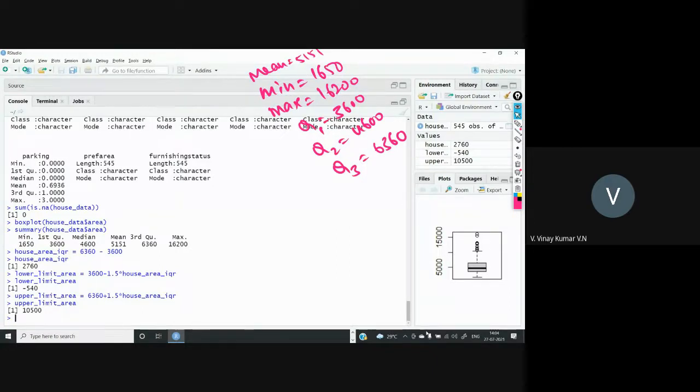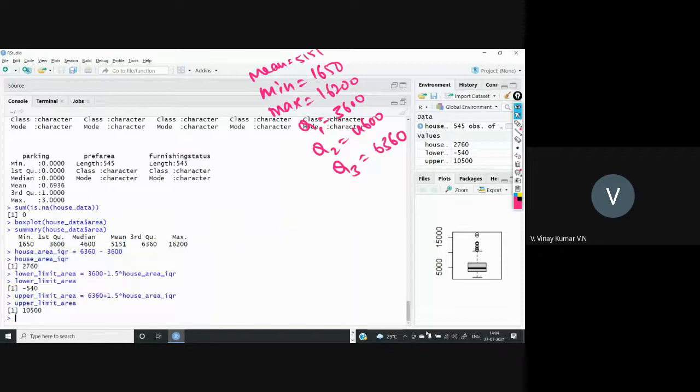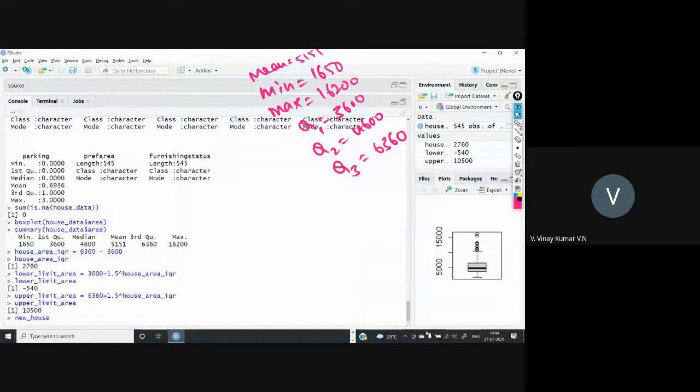So what is the condition? I'm taking a new file called new_house_data. After removing the outliers, whatever the new data set is, I am storing in the variable called new_house_data.